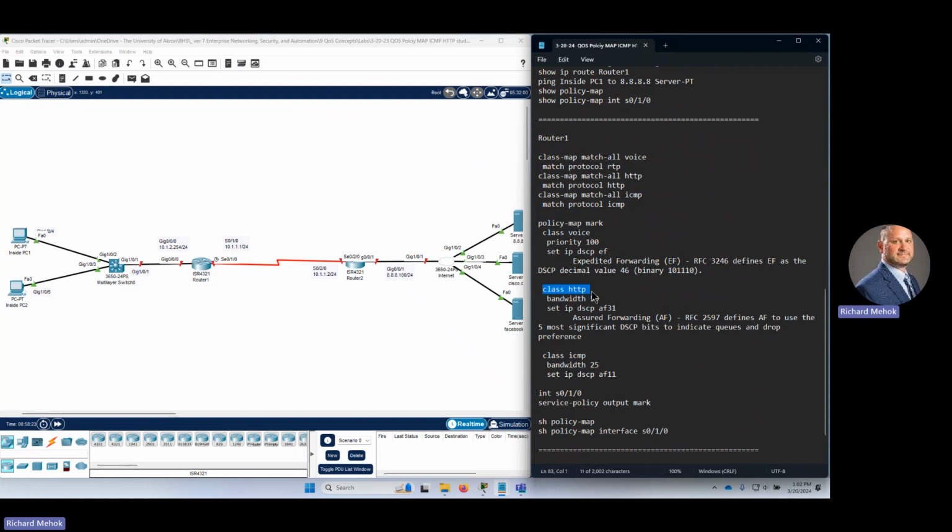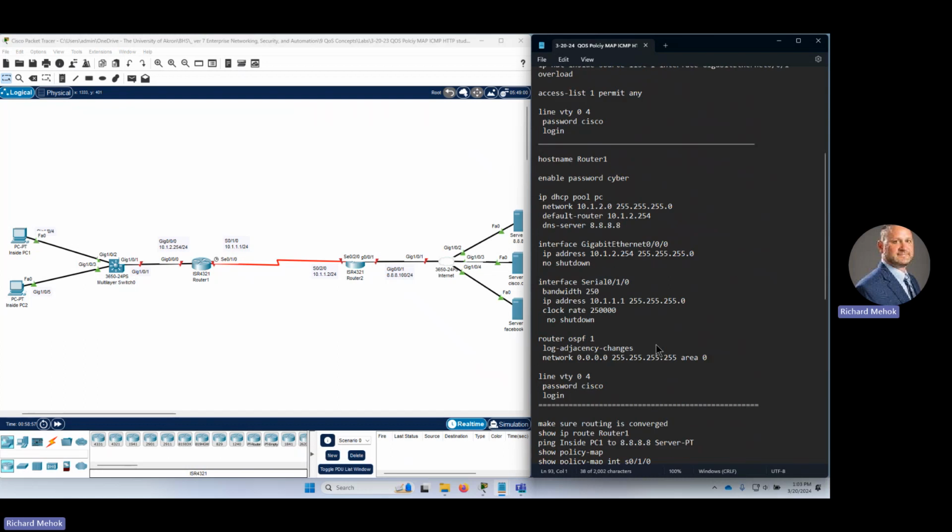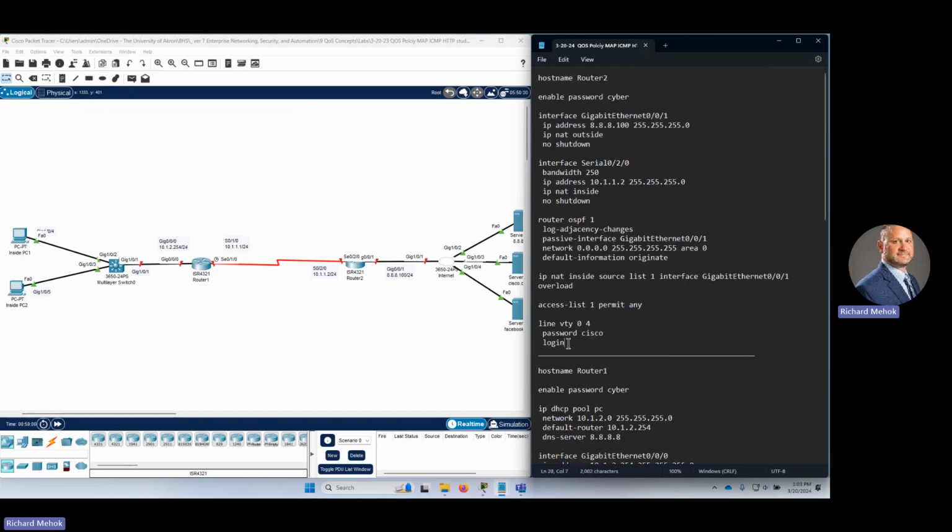Now we have class HTTP. There's your bandwidth restriction. And then we're going to do AF31, which is the assured forwarding. If you go back to the PowerPoint, you can see what this AF31 does. And then the third class we define is ICMP, your bandwidth 25. And then we're setting to a different AF, assured forwarding 11. And then, like many of our concepts, we have to apply it to the interface. So let's get our routers up and running, get the routing protocols converged, see if the IPs work,